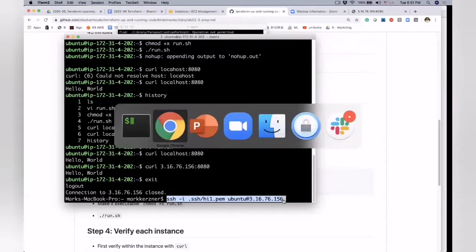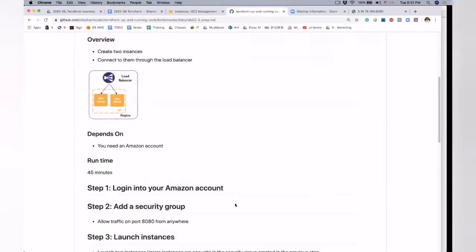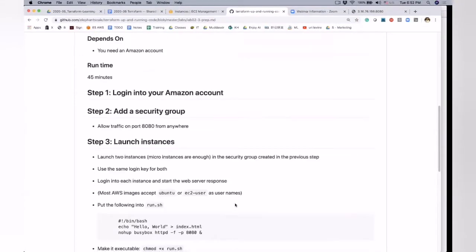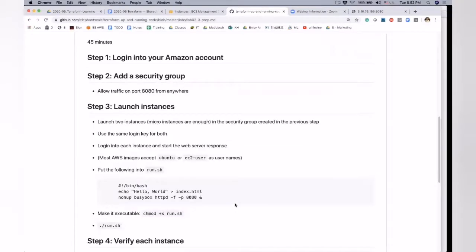I wonder if we need this here. So here's our lab. I'll fix it later. I need to give a little instruction on logging in.